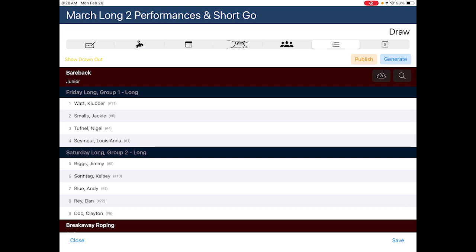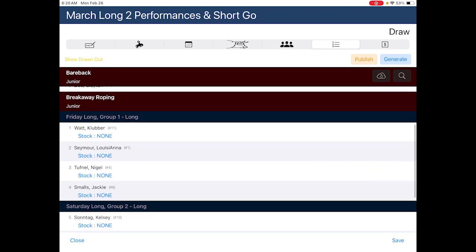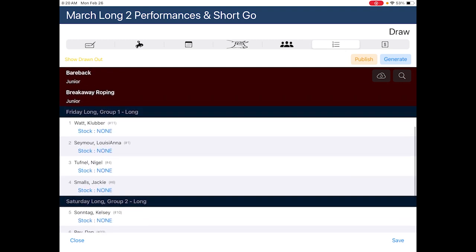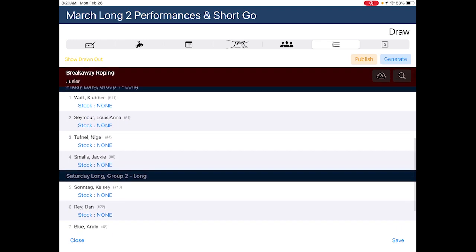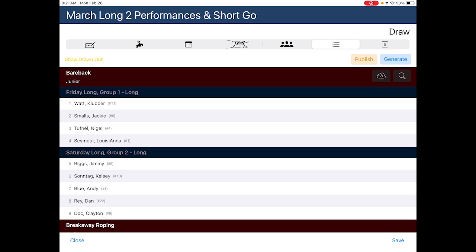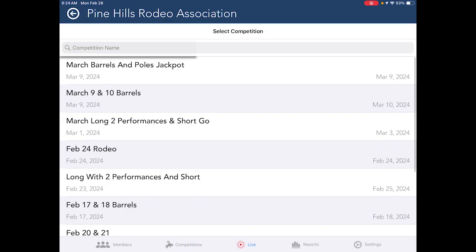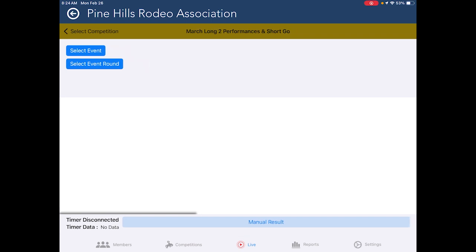You'll notice that the competitors drawn into the bareback event for Friday are the same as the competitors in the breakaway roping for Friday. Different order, but the same competitors as well as Saturday. So we will tap save, and then on the day of the event, we will tap the live button and go to the